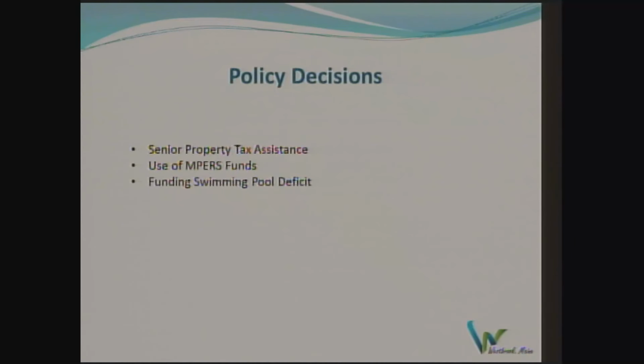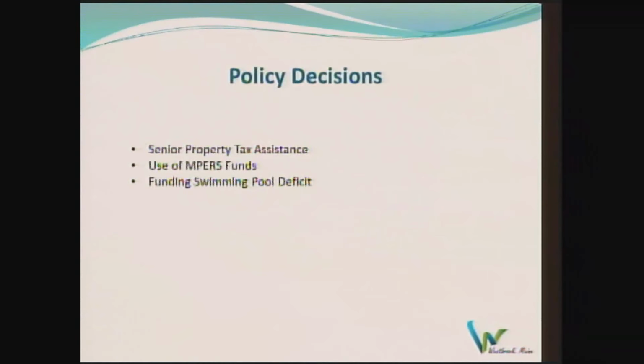The final policy area we are going to discuss with the city council is how we fund an annual and, to be perfectly honest, growing deficit in the operation of our swimming pools. The highest expense, obviously, is the indoor pool. They also fund the outdoor pool through the same funding. In recent years, the general fund has basically covered the deficit. We have other programs in our community services operation that not only cover their own costs, but in some cases actually produce a fund balance at the end of the year.